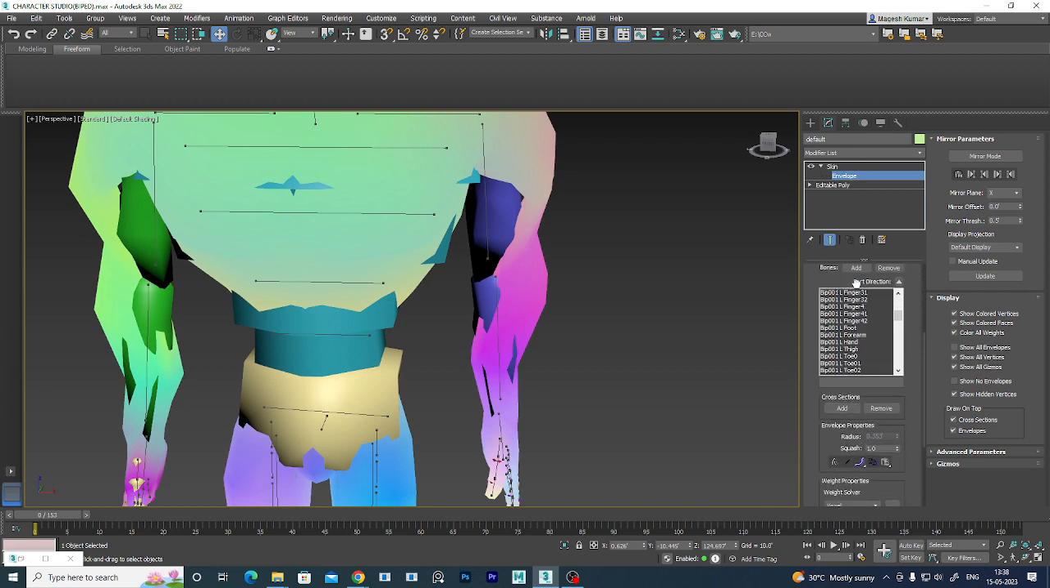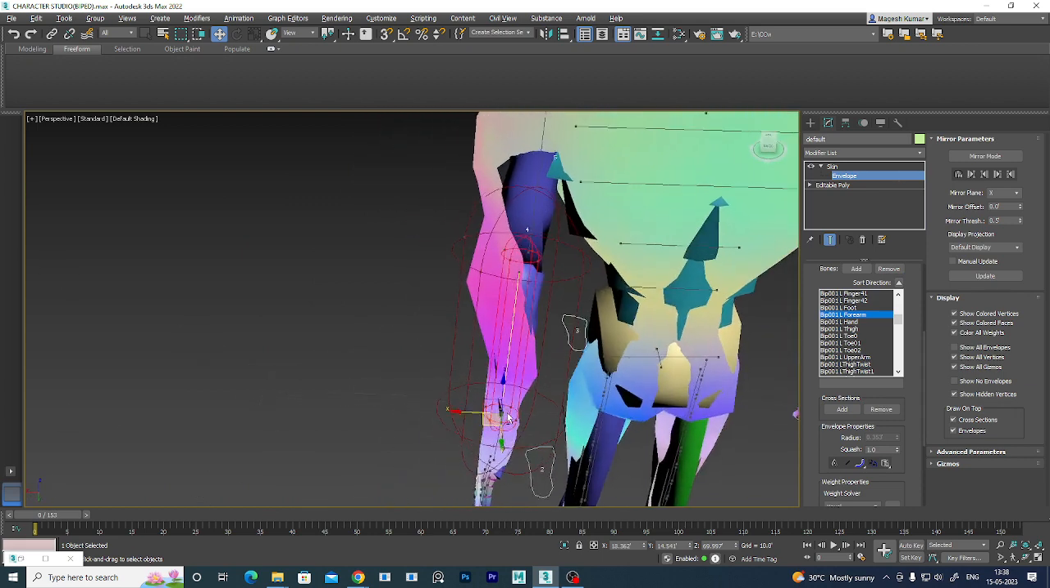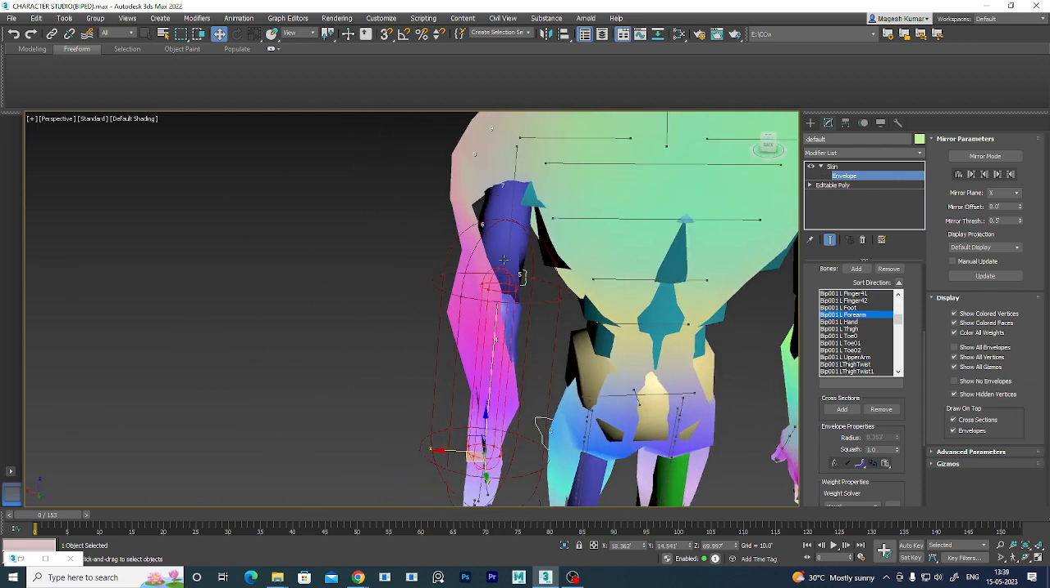I'll move this thing up. Find hand, forearm, and this forearm is affecting, but here you can see it has been affected by this also. So